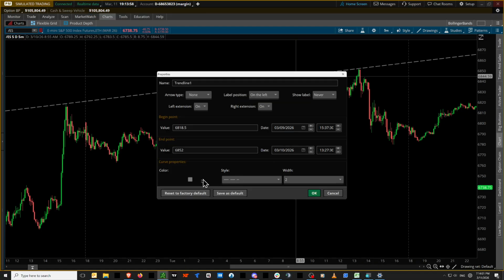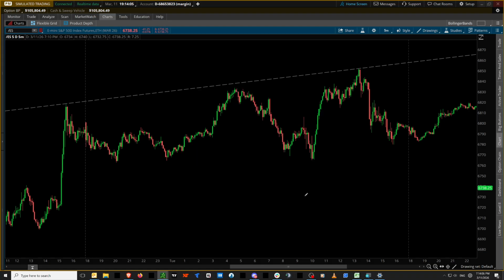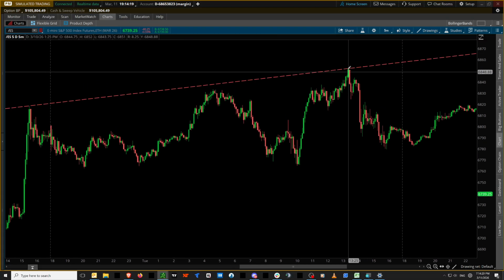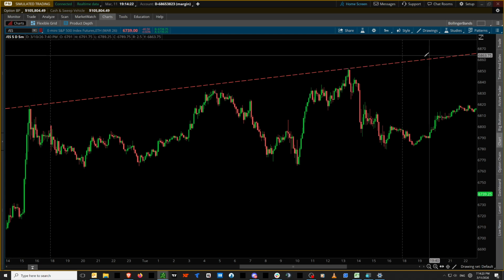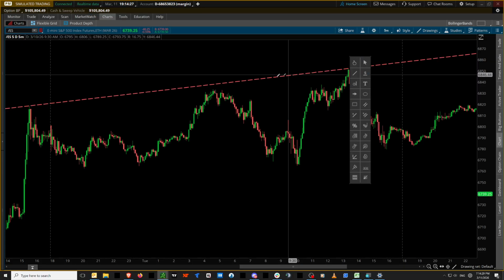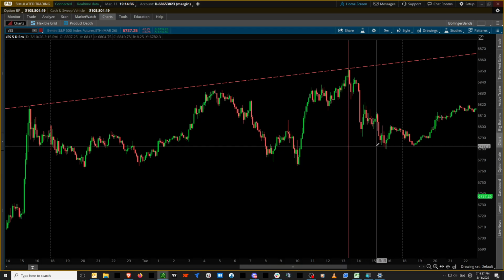Now, one of the first things I'm going to do so that I do not lose track of my boundary lines is change the color. Now I've got to find a significant low. Oh, and before I move on, let's do one thing. I want to mark my rightmost high of the 2 points I just marked. So I'm going to put a vertical line right here. That'll come in handy in just a moment. Maybe. We'll see.